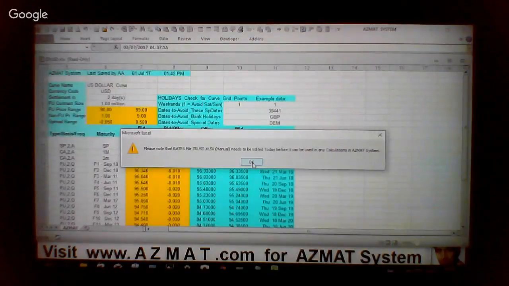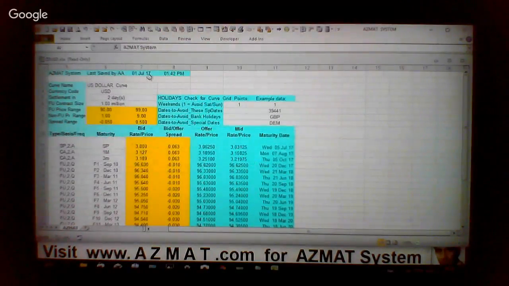So click OK there. Let's go back: this file was last saved on the 1st of July at 1:42 p.m. Today is the 3rd of July, so